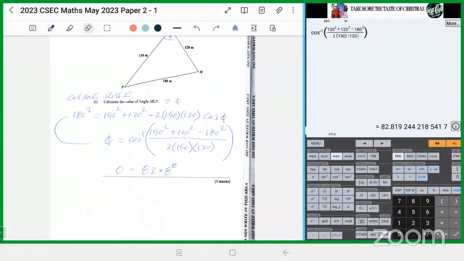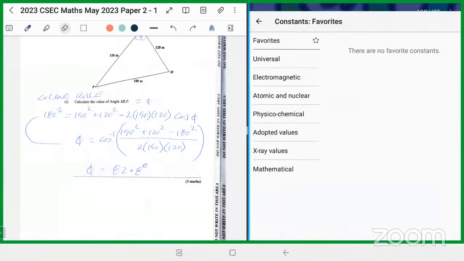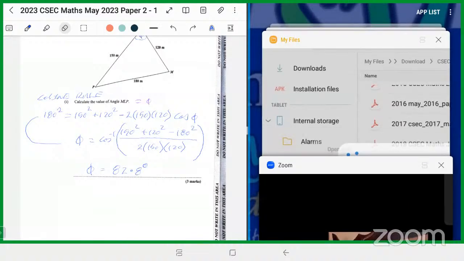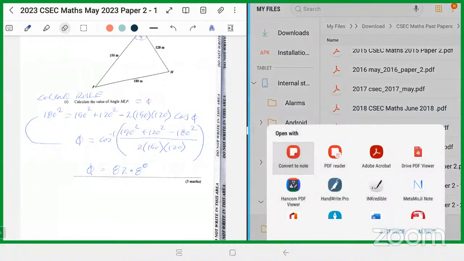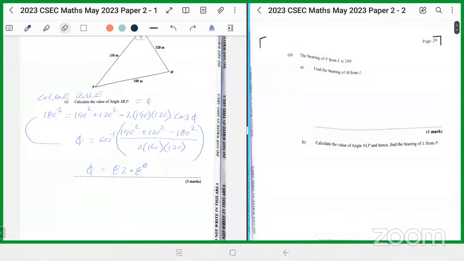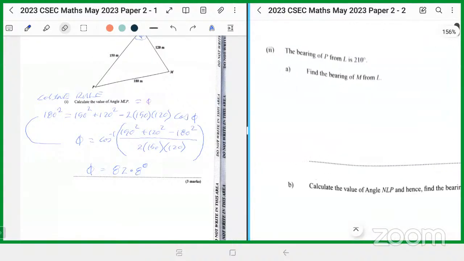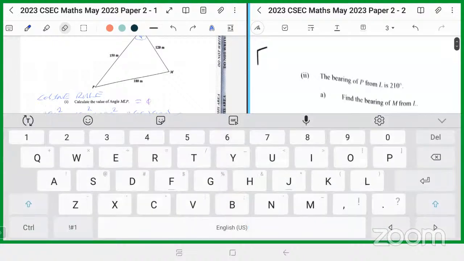But let me bring up the next sheet on this side of the screen. Because what happens is that I have the paper split in two different files. All right, so looking for part 2, which is right here. You see it starts back where this one just ended. So this question now is telling us that the bearing of P from L is